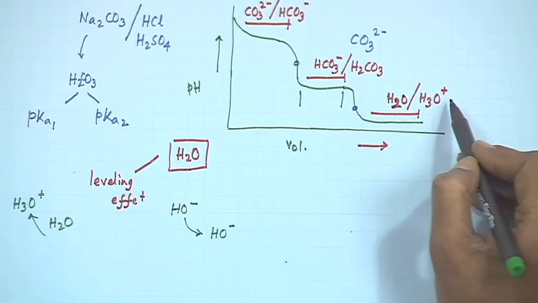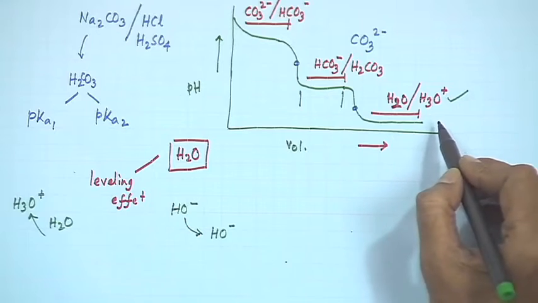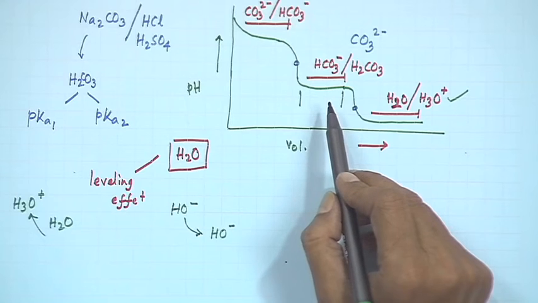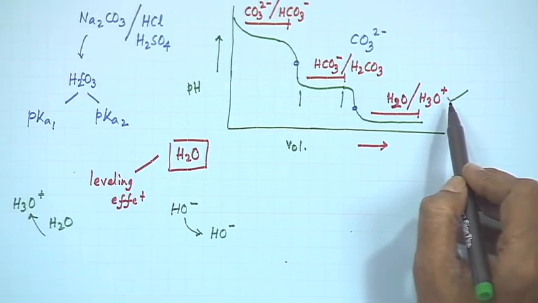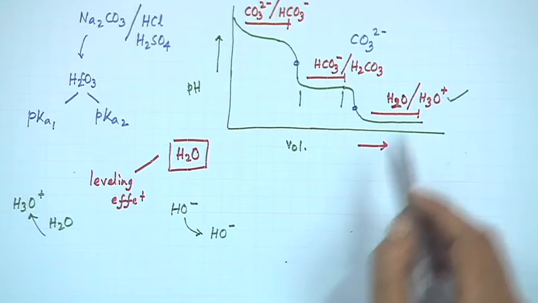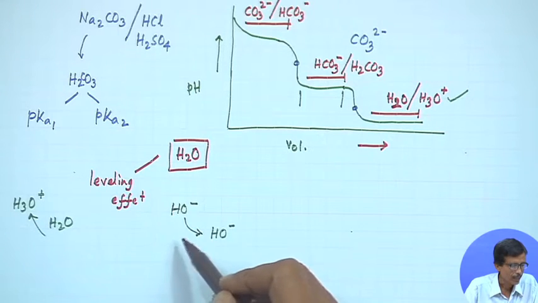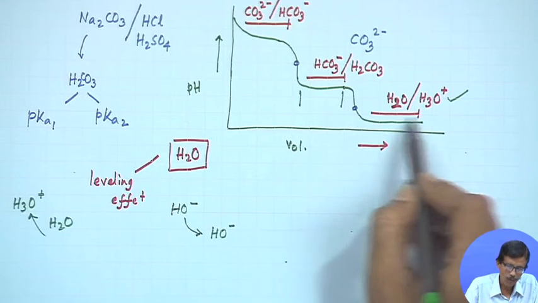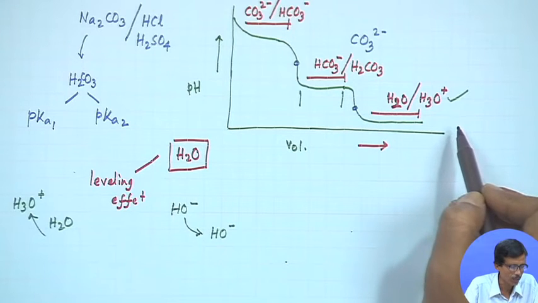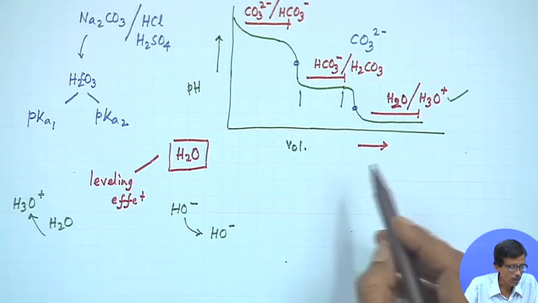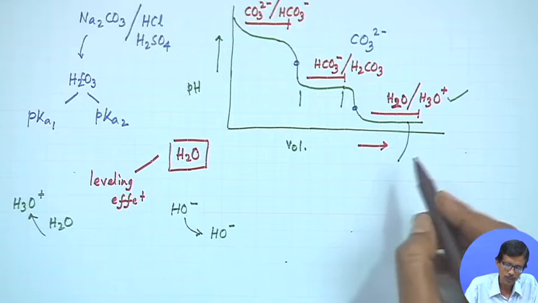So, that is why, whether we are going for the acetic acid titration with KOH, or some titration where water can be protonated by the addition of the acid during the carbonate titration, we will be forming more and more hydronium ion. So, when we go for these two changes, the final plateau, the first plateau is here, the second plateau is here and the third plateau is here. So, this plateau is the final plateau in this particular case.